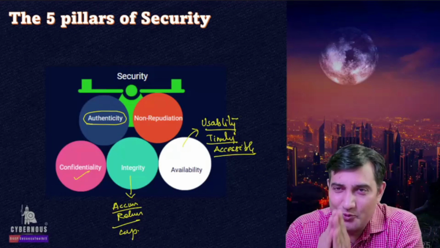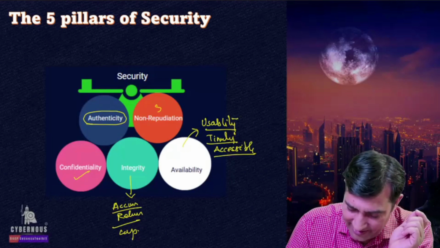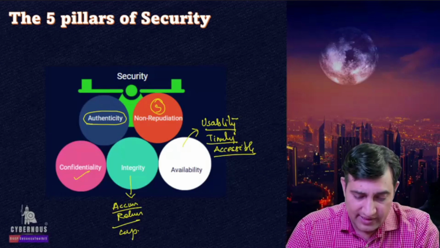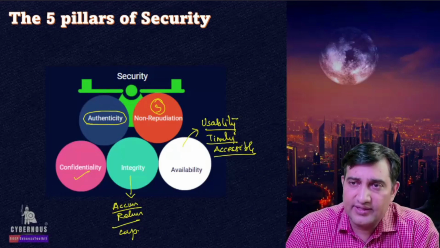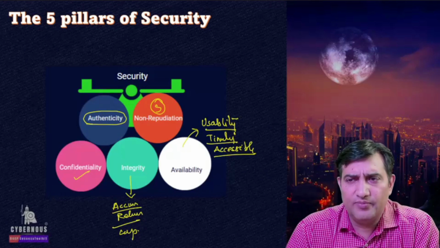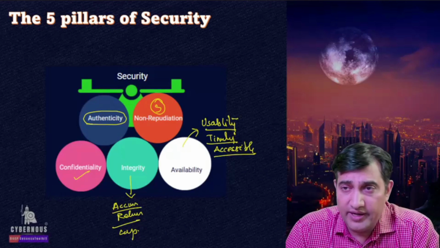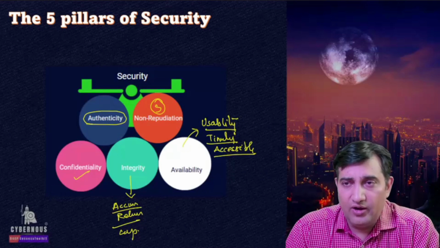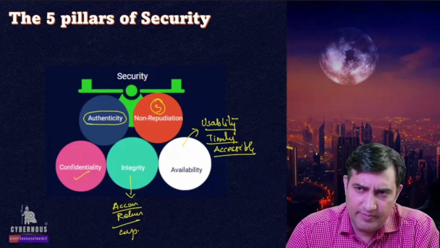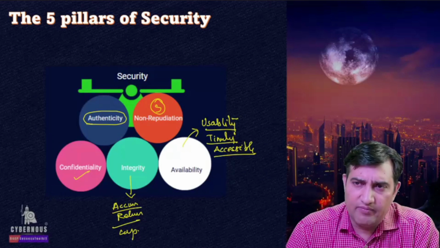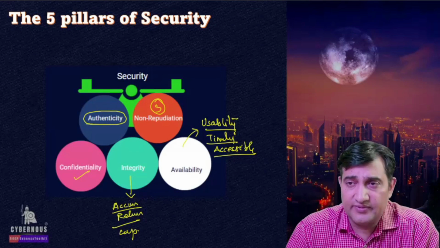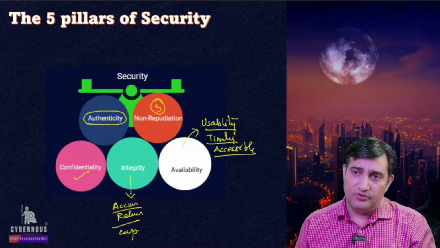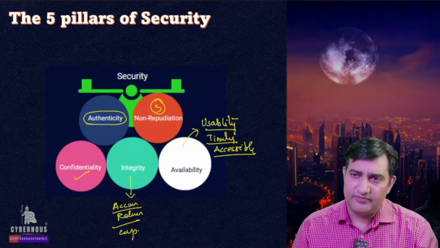Now let's also talk about non-repudiation, which is our item number 5 in the list. Non-repudiation is all about this: somebody who has asked you to do a certain action, at a later point of time that particular person should not be able to repudiate or deny their own actions. Simple as that. And non-repudiation is achieved in multiple ways. We have logs created, we have monitoring, all of those kinds of things as well. And at the same time, non-repudiation is also achieved through digital signatures and those kinds of things.